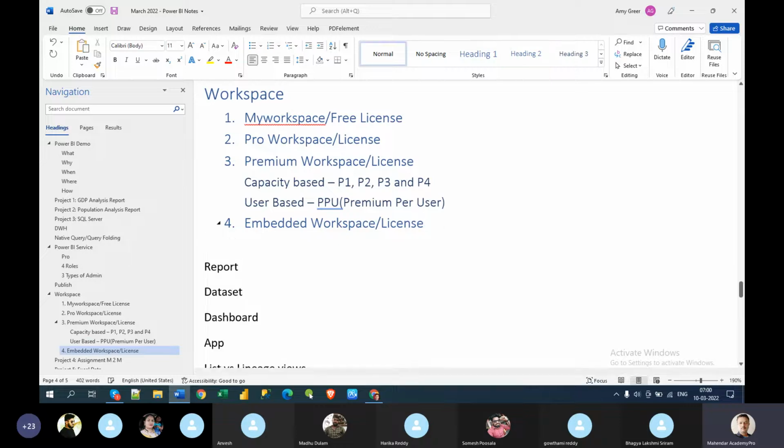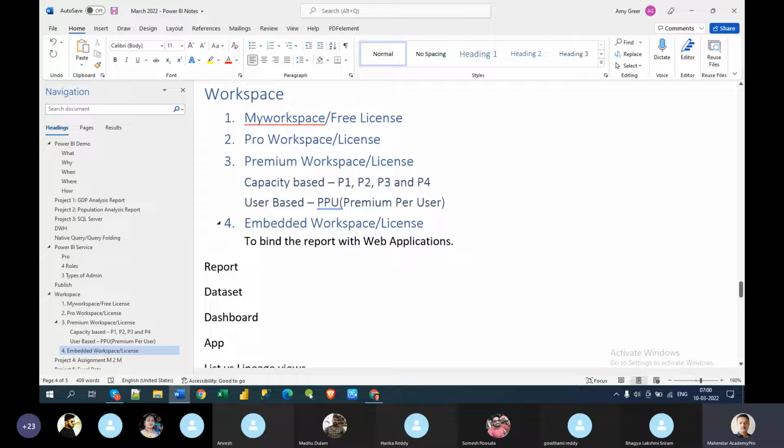What is the purpose of this embedded license? To embed the report in applications. Embedding means what? Instead of app.powerbi.com, you can insert these reports into a web application, just like ICICI.com or other web applications, HDFC, whatever banks or any other client you work for.